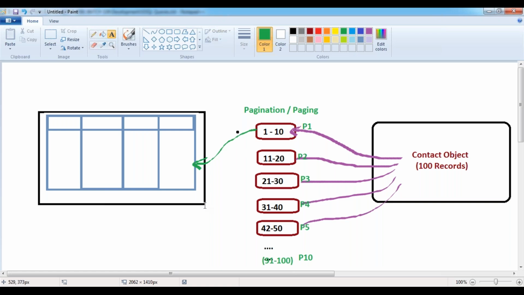I want to see the next 10 records. Initially, page 1 is visible, with records 1 to 10 shown inside my table. Now I want to see the next 10 records. Then what can we do? As part of pagination,